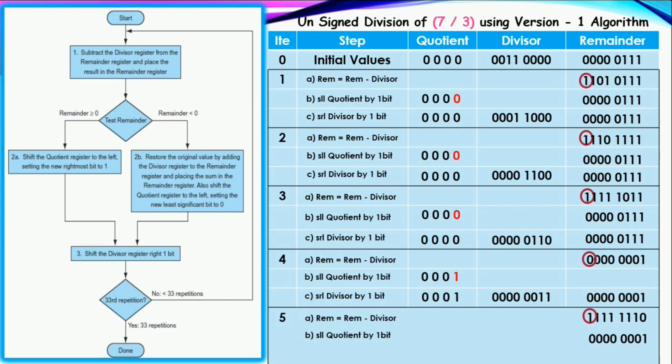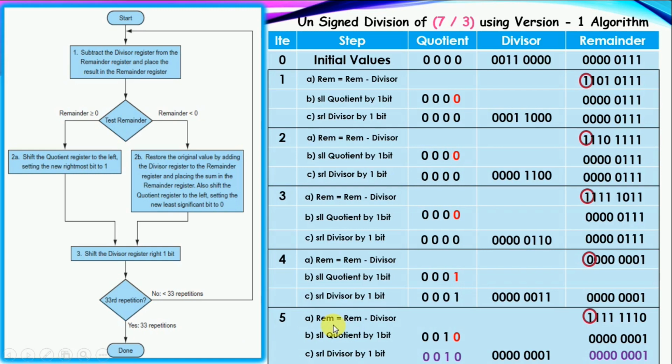I am shifting the quotient register left by 1 bit. I am going to set the LSB of the quotient register to 0. So I am shifting the value. This 0 will go out, this 0 will come here, this 0 will come here, this 1 will come here. So the LSB I am going to set with logic 0. In the third step, I am going to shift the divisor register right by 1 bit. So I am updating the register values.